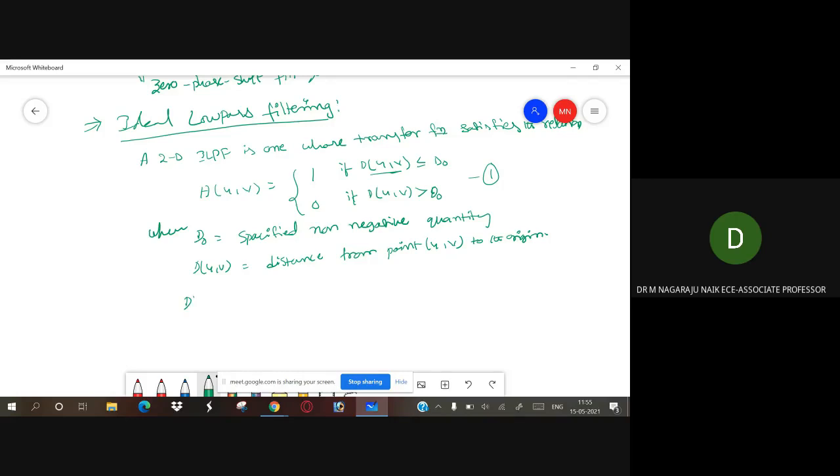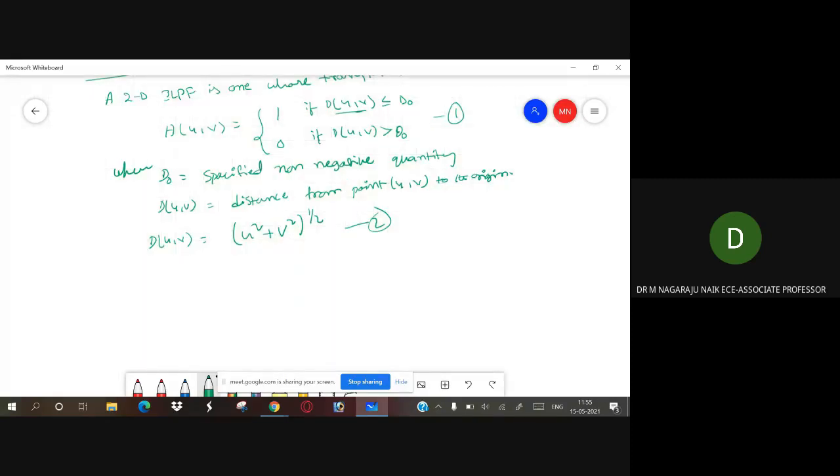D of u comma v is defined as u square plus v square to the power 1 by 2. So the distance of the point is defined with respect to u comma v and the origin.